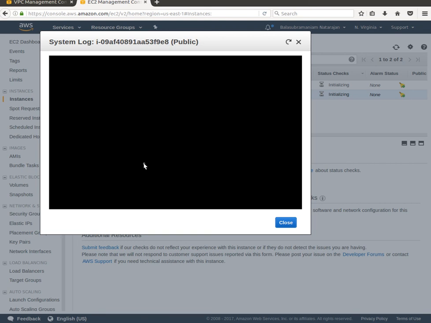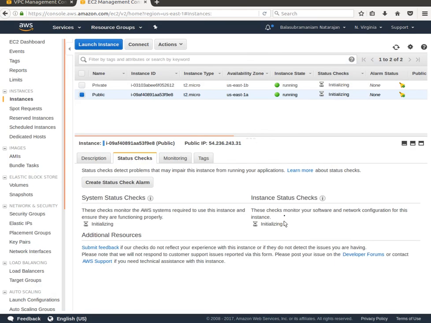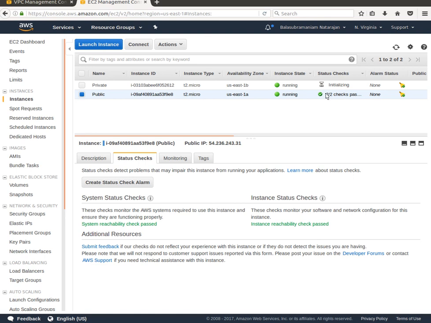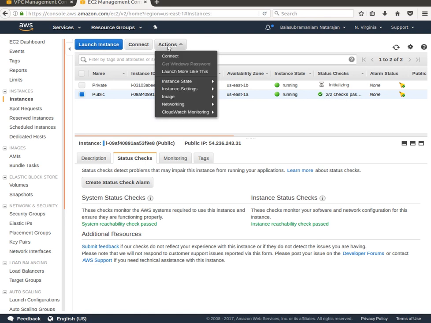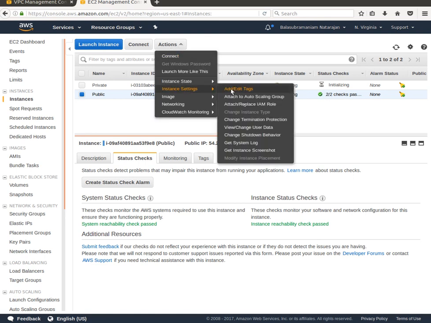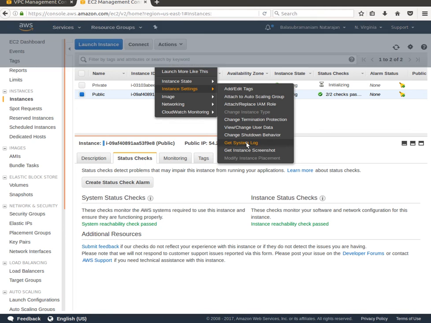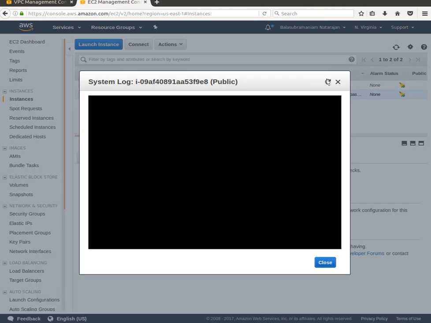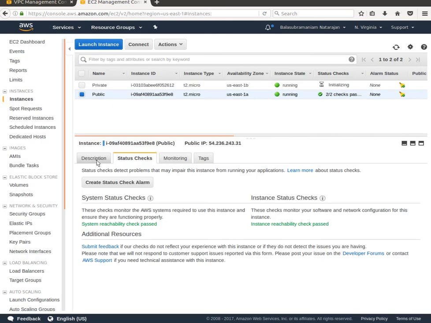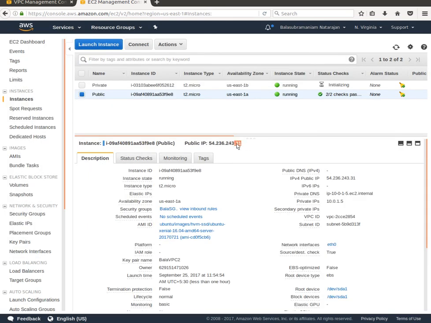So usually this thing populates all our logs, how the machine is performing. So what I'm going to do is pause the video. Once these two machines are up and running, you see the 2 of 2 checks passed, right? So let's try seeing if we can get the system logs now. Usually it comes up, but today it doesn't. Okay, anyway, let's SSH to this public IP address,